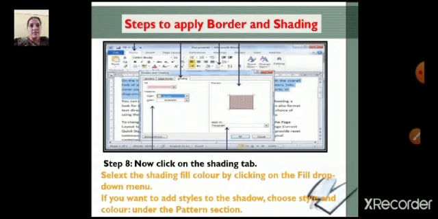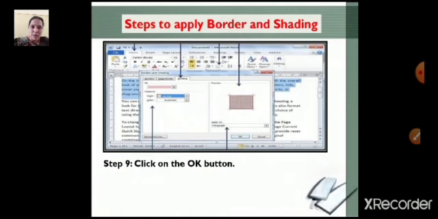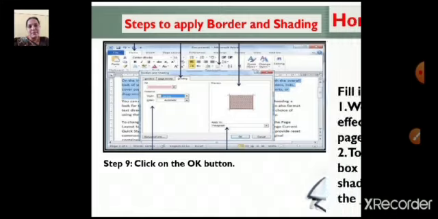There you can select the Fill option. You have a drop down arrow for the fill. If you click on that, you get many colors. You can give a solid fill as a shading to the text. You can also give pattern fill by selecting the Style drop down arrow, and even choose the color for the shading. After selecting everything, if you feel okay, you can click on the OK button. These are the steps to add borders or shading to the selected text in Microsoft Word.